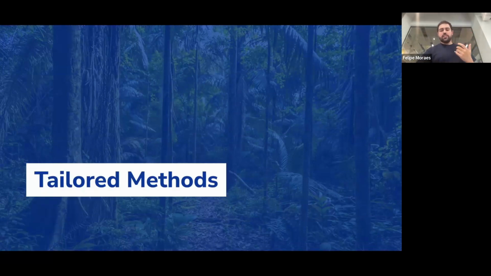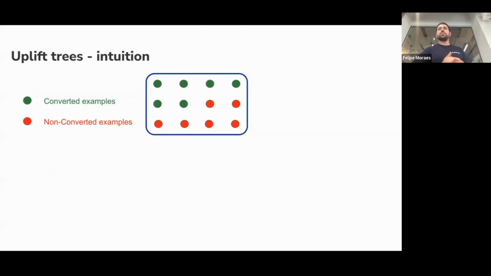For tailored methods, I just want to cover a little bit of uplift trees and give you an intuition why people created them. These are the most tailored in a sense because they only work with randomized data, for either conversion or regression, as people created them for that purpose. So usually the main idea behind trees in general is that you have a data set. In this case, I'm just focusing on a binary outcome, so converted or non-converted. And people want to split this data in the best way possible so that you have converted on one side and non-converted on the other side.